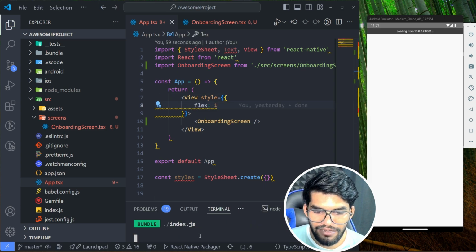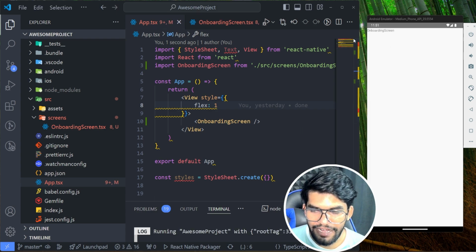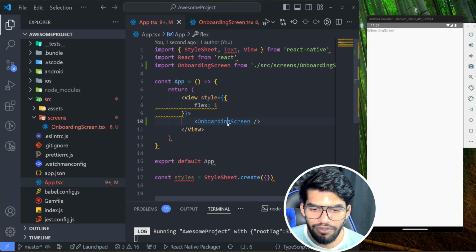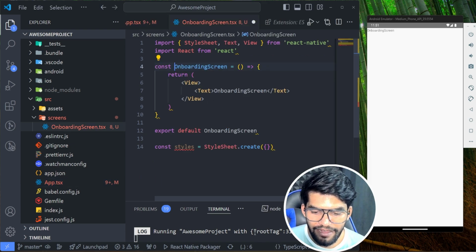Alright, now I'm going to reload the app and let's see what we are getting. So we can see that we are getting onboarding screen text on the home screen. Let's go to the onboarding screen component, and here to implement the onboarding screen, what we're gonna do,